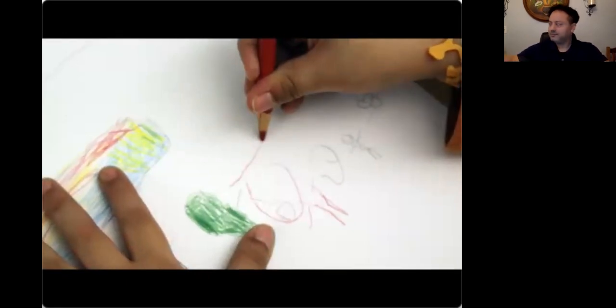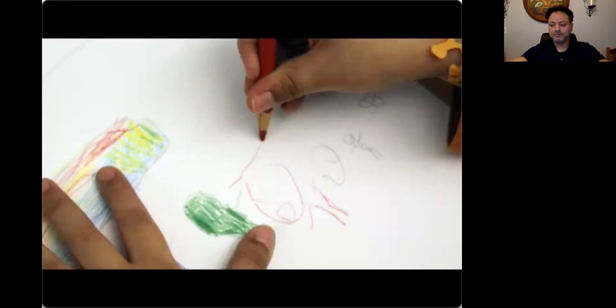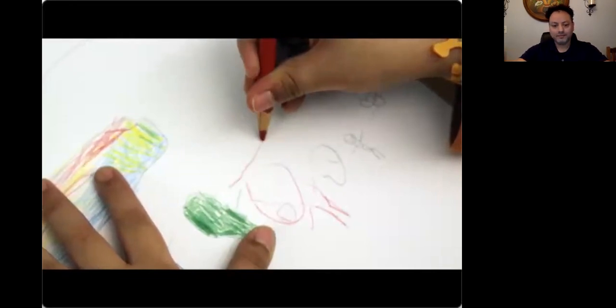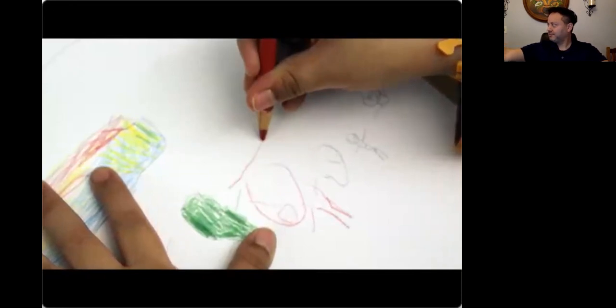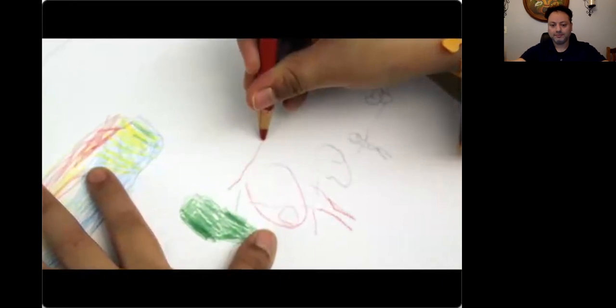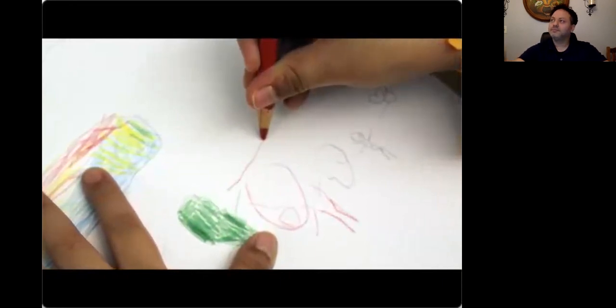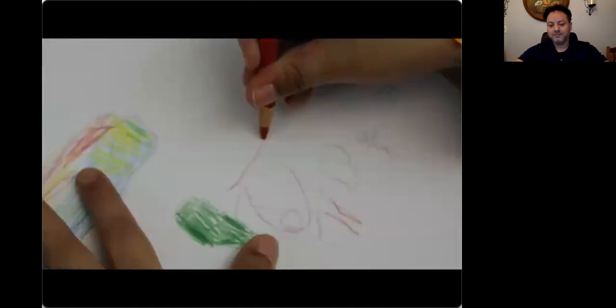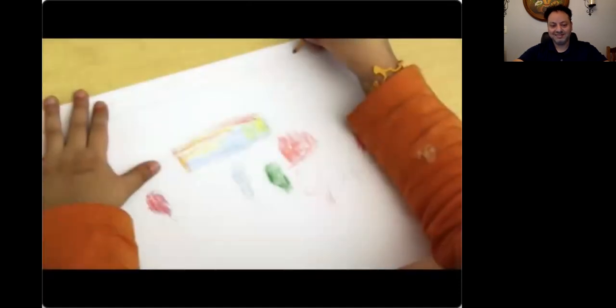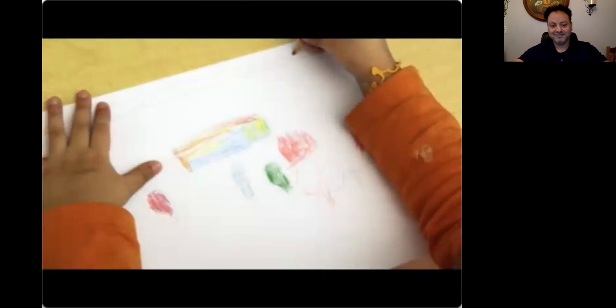I'm making a story. So how will Iron Man help to protect the cat? He's gonna make rocket powers. Oh, so he's gonna shoot rockets. Yep. How far do you think the rocket will have to travel? It will have to go across Captain America. What does the power look like? Can you draw the power? Explosion. Show me the explosion.